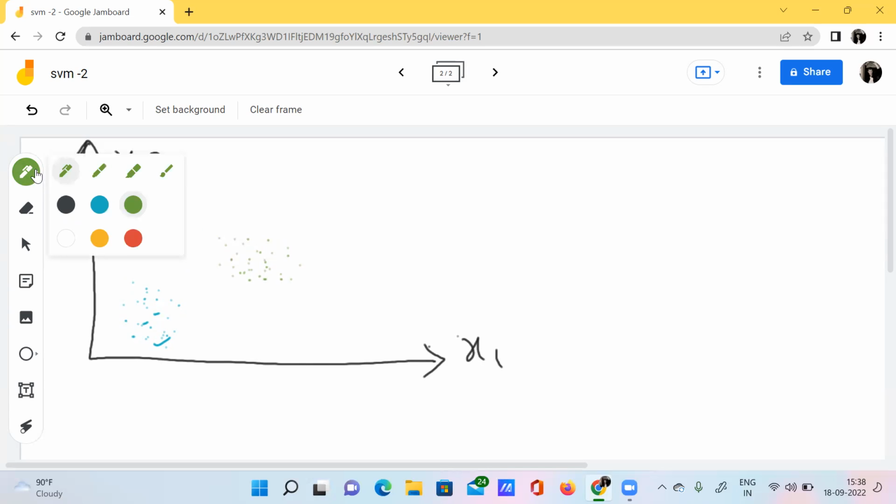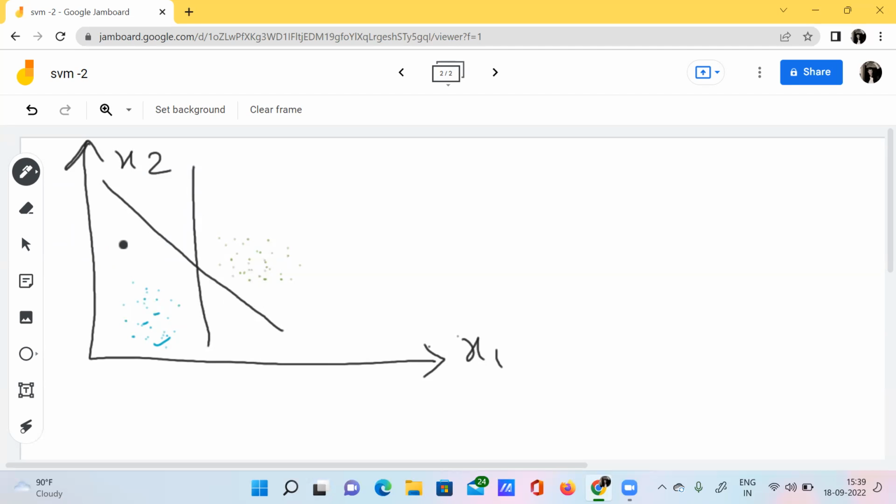If I want to separate these two classes, how can I do that? I'll just simply draw a single line. By this action, I can divide them into two categories, one is blue and another one is green. But in how many ways can you divide them? If I ask this question, how do you answer that? I can divide these two parts by drawing this kind of line. I can also divide these two parts by drawing another kind of line. I can also do that by drawing this kind of line.